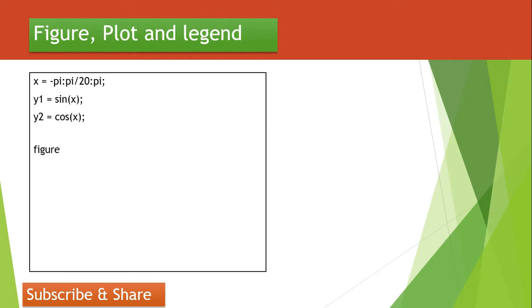Now we want to pop up the window for a separate figure, so I have used a figure command. If I do not use it, it will also work, but if we have many figures and we want to view them separately in a separate pop-up or a separate window, we use the figure command. Next is plot. We have to plot a sinusoidal wave and a cosine wave. We have used multiple plots here, like x with y1 and x with y2, meaning the x axis is the same and y1 and y2 are the sine wave and cosine wave.